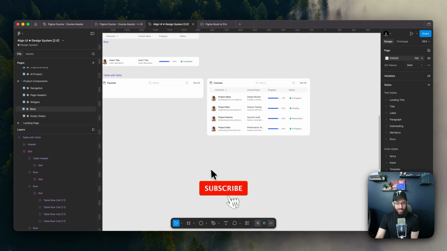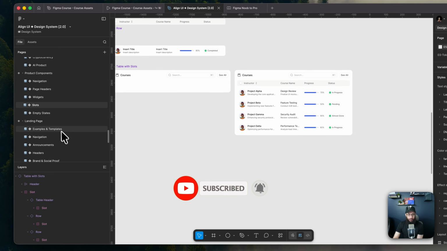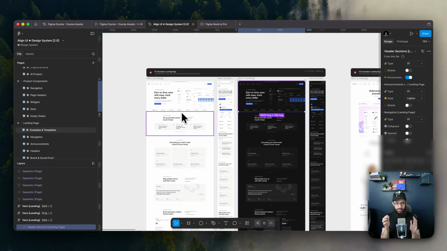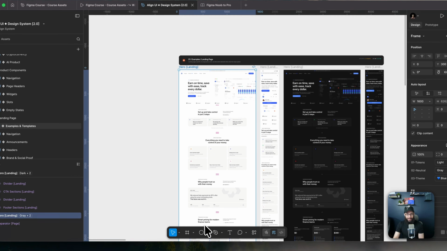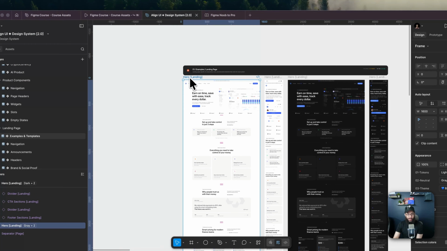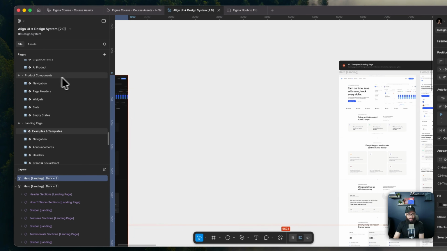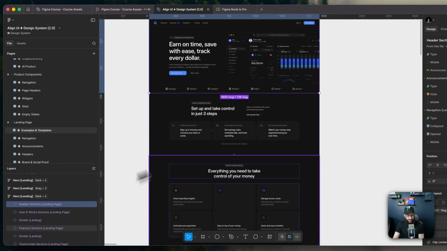So that's amazing. One other example that I want to apply slots on so you can see the power of it. Now, Align UI actually has these amazing landing pages. I don't think I'm affiliated with them. I should probably get affiliated with them because I think it's going to be beneficial. But what they have with these landing pages is that, let's just actually do the dark variant this time. So in this landing page, they have all of these different variants added,